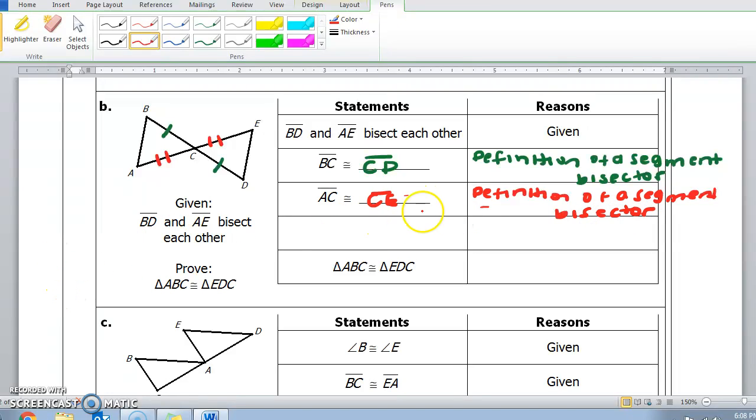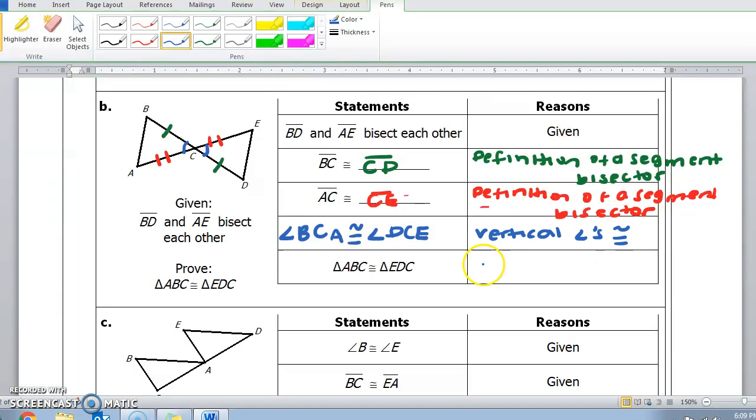Next, we have a blank. That means that there's something here that has not been proven congruent, but it's always congruent. In this case, we have this bow tie shape, so we know we have vertical angles. So we have a vertical angle here with BCA and a vertical angle here with DCE. So we can say that angle BCA is congruent to angle DCE. Reason for that, vertical angles